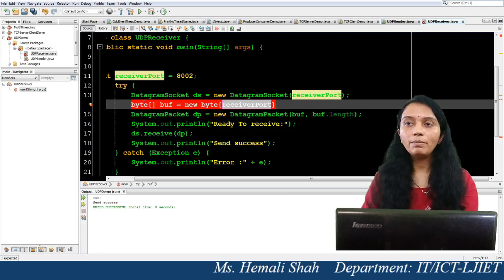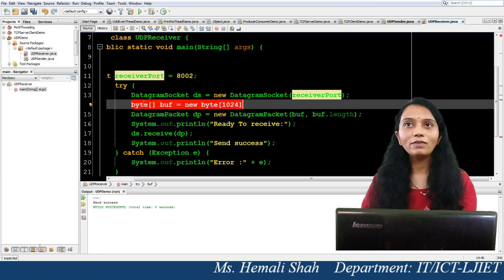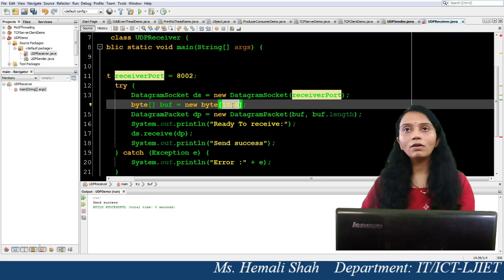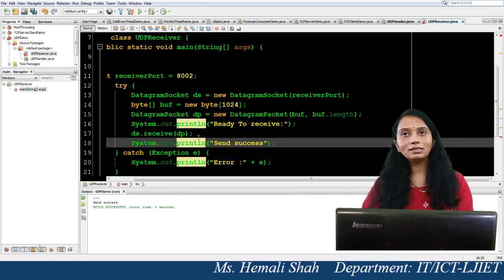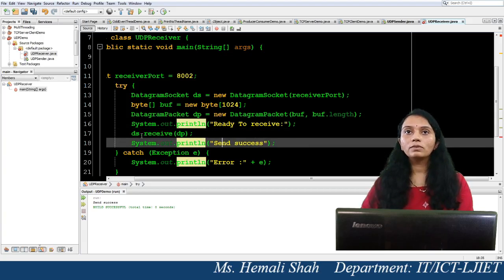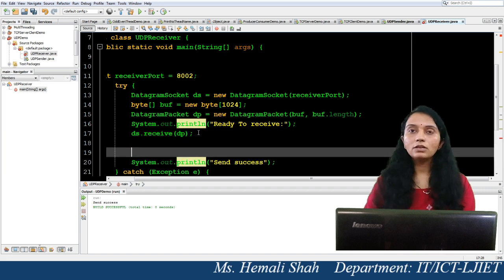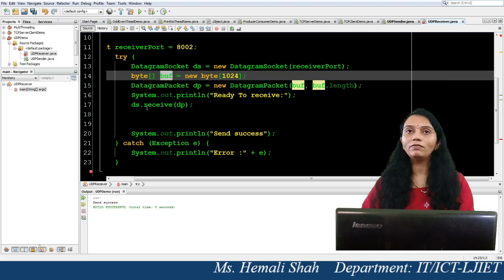Here I am making a blank buffer of 1024 bytes. You can specify 512 bytes also, that is no problem, but specify the buffer length such that it can receive all the data sent by the sender program, right?